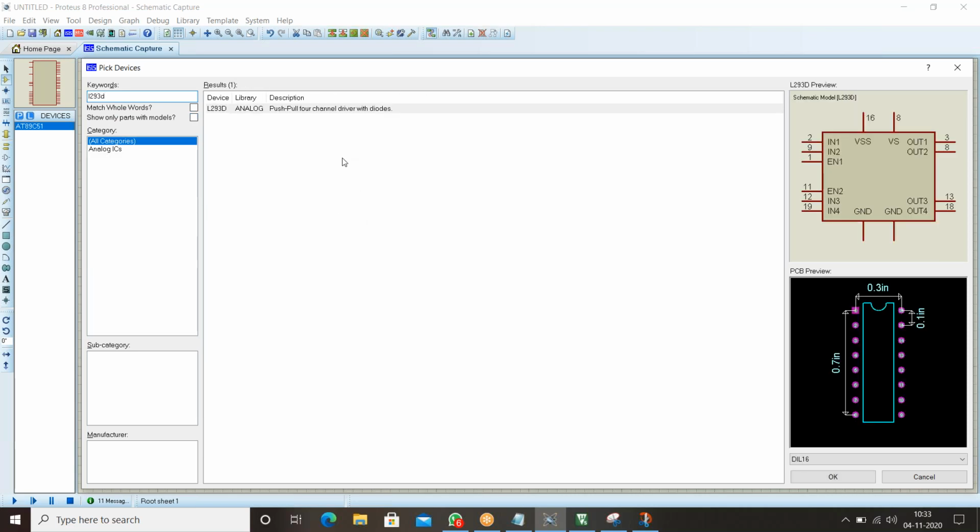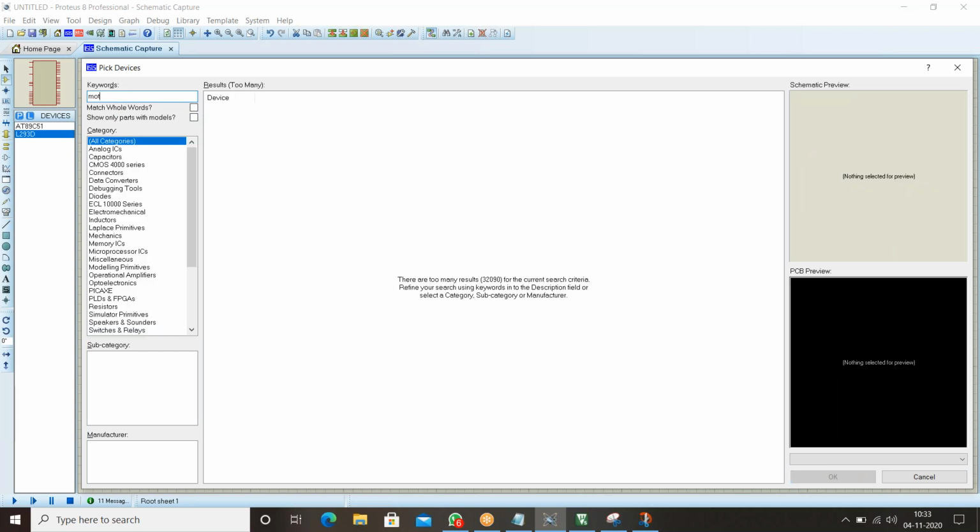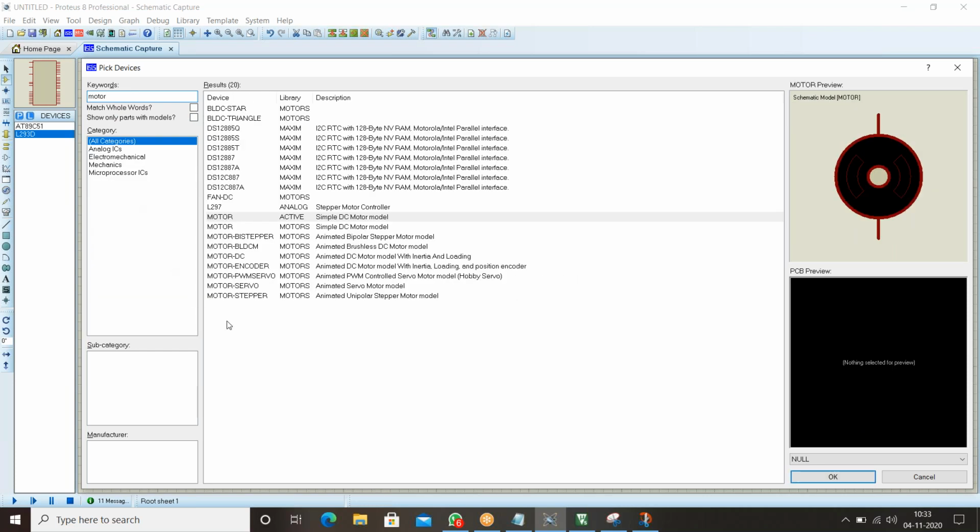This is the one, double click on it. Then for the motor, in keywords type motor.